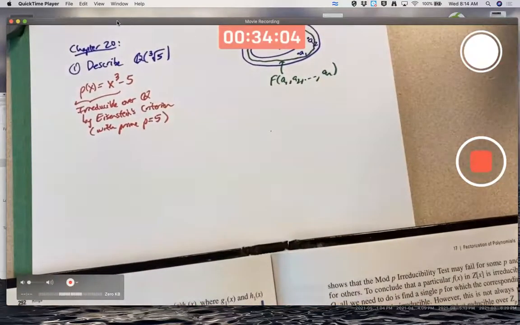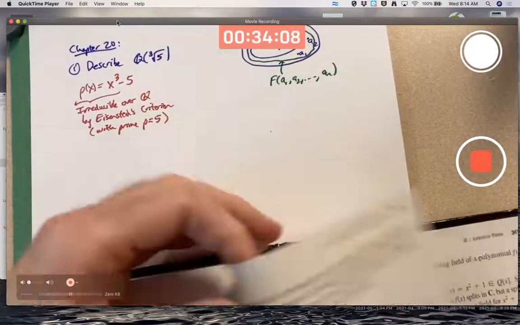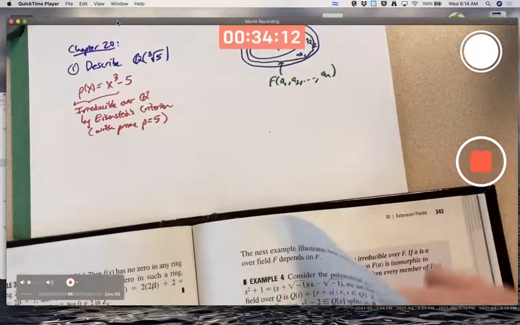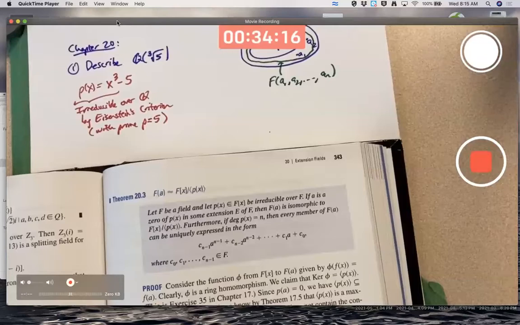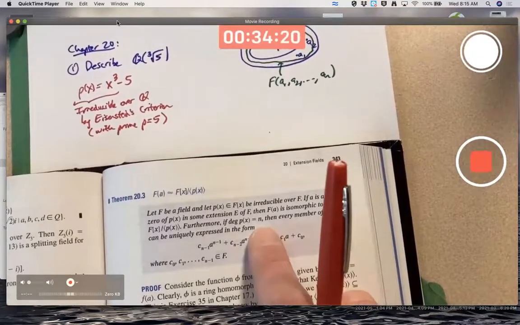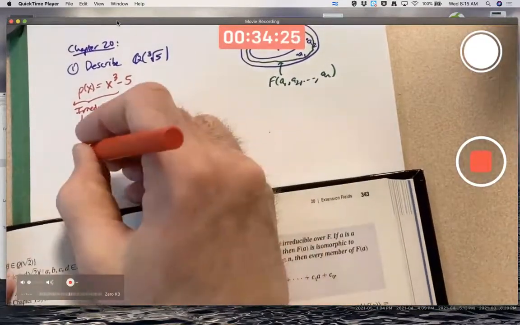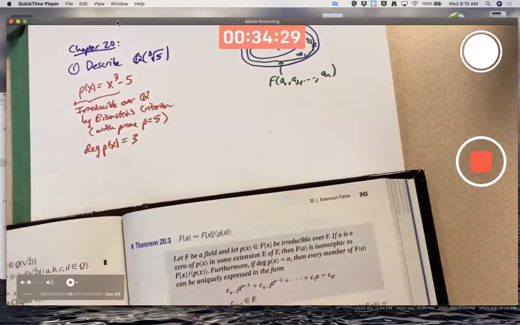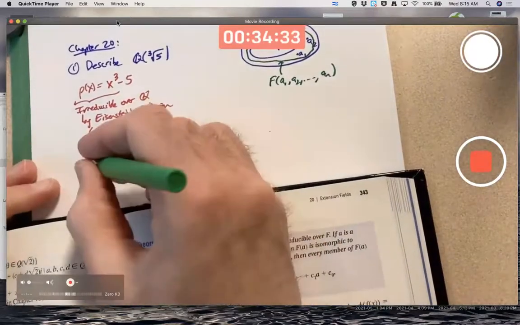So it's now in the situation in that theorem from chapter 20, with n equals 3, right? Degree of p of x is 3. Therefore, by theorem 20.3,